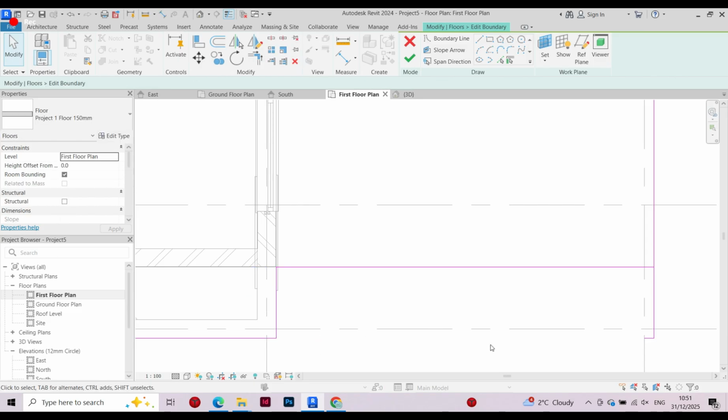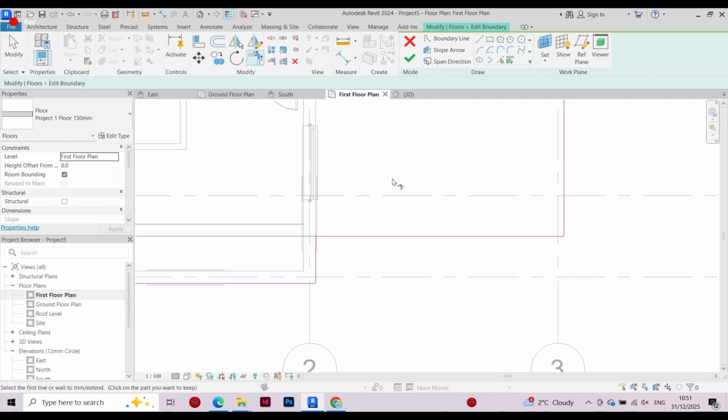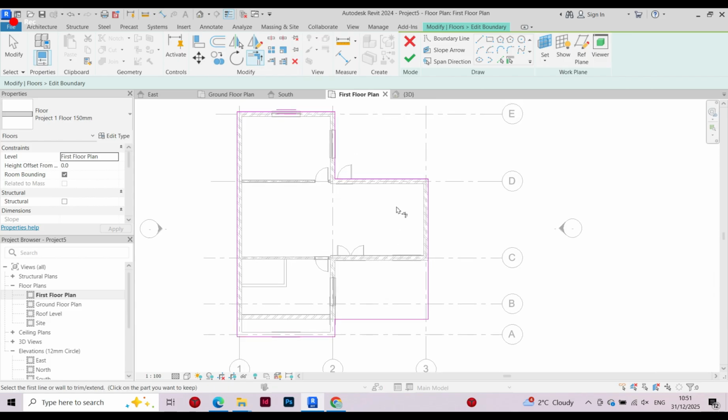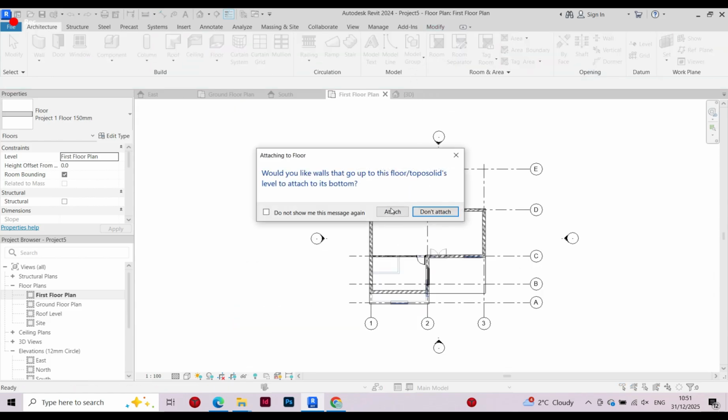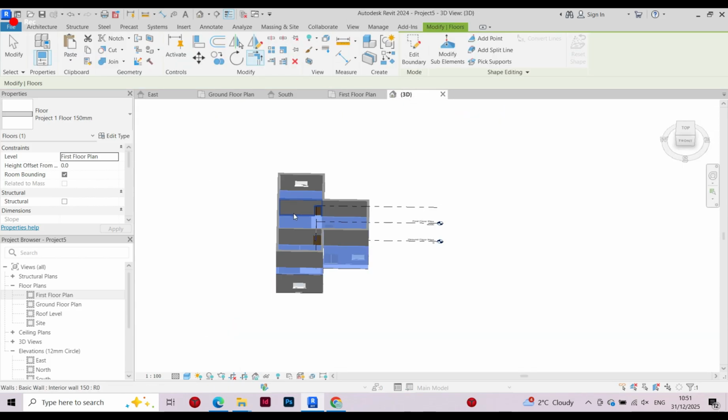I'm gonna delete this one, and this one I'm gonna trim, and click OK and attach. So I'm going to 3D view. So if we see,